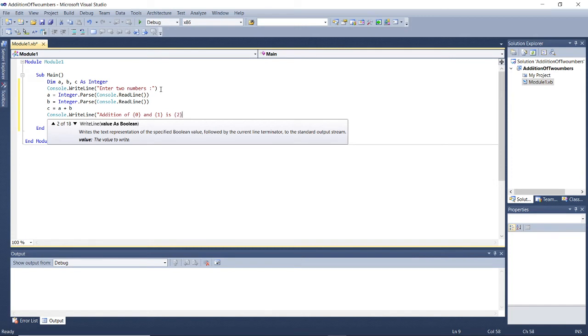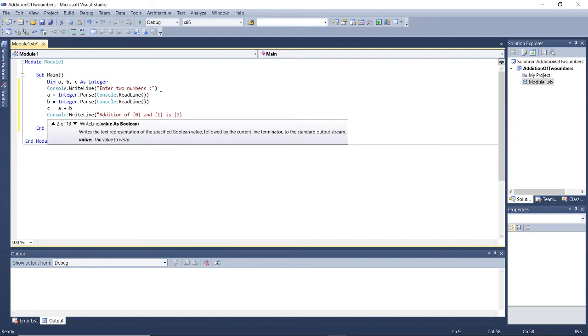Now as all of you know, the index of an array or anything else starts from 0. Like that, here also in WriteLine, if I want to display a message like "Addition of 5 and 3 is 8", then I have to use this syntax: Addition of {0} and {1} is {2}.